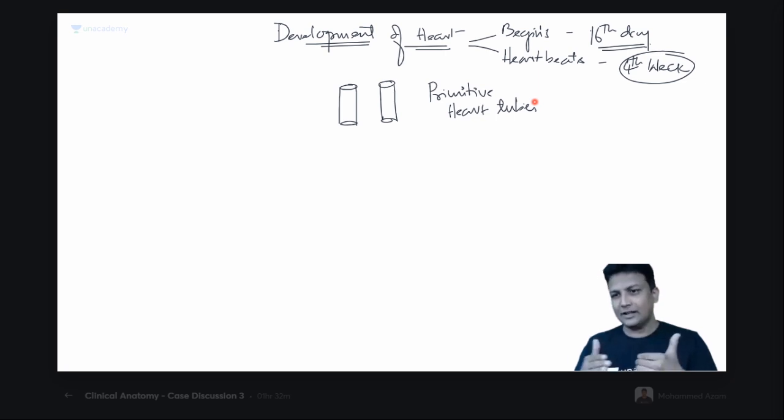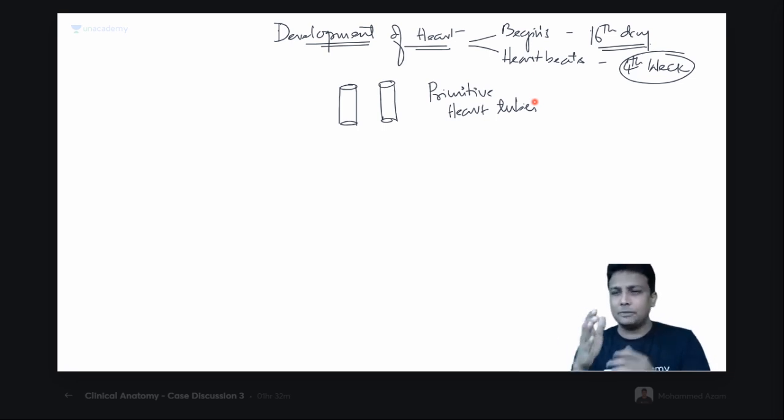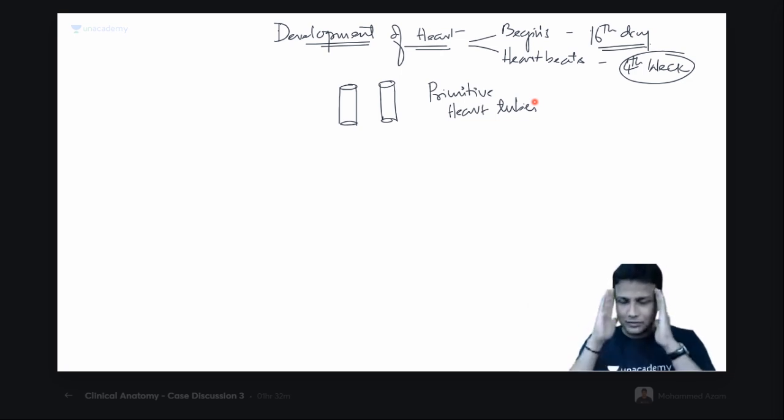So let's begin directly from the heart tubes forming. In the third week of pregnancy, in general embryology, there is a formation of intra-embryonic mesoderm. And that mesoderm is divided into paraxial, intermediate, and lateral plate. All of that is done in detail in my regular classes on Unacademy, sir. So right now, let's begin with the development of the heart straight away. From now onwards, just keep in your mind there are two heart tubes.